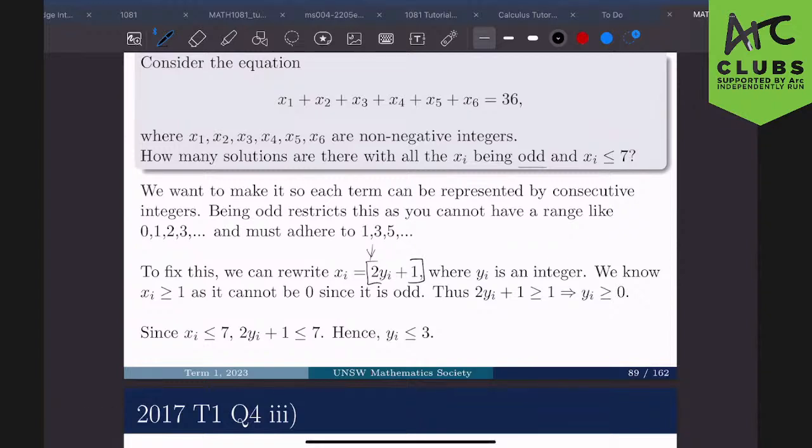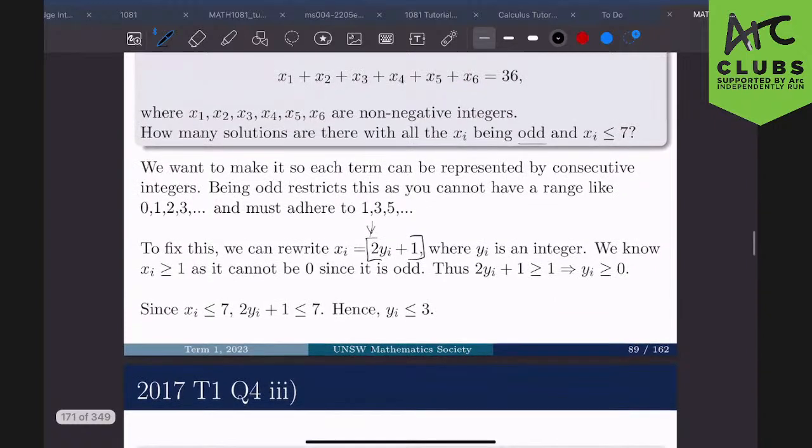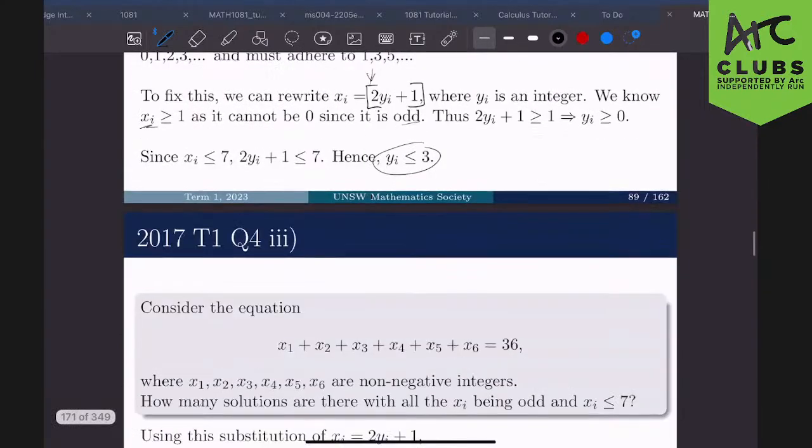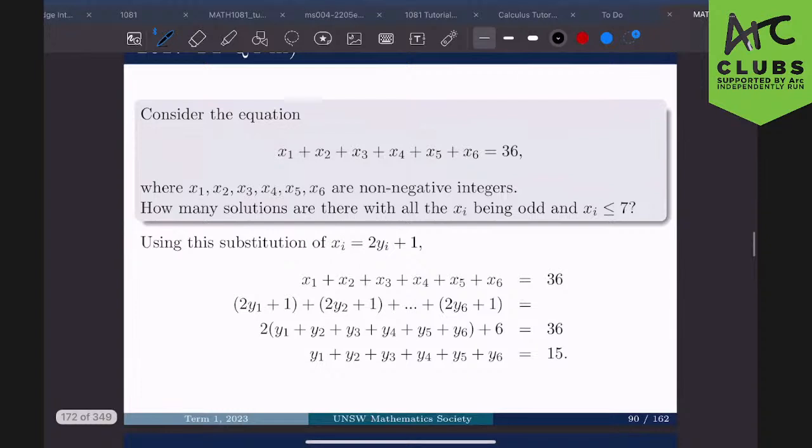And therefore, so yi is greater than or equal to 0. I think this should be easy to understand. And of course we have to apply this second requirement, but that's quite easy to do. You just sub in, and we can see y is less than or equal to 3. So then we can just substitute in,